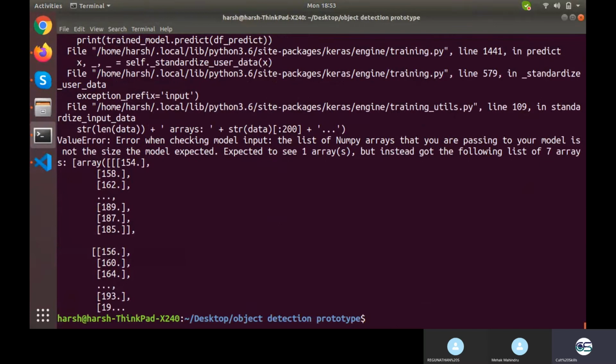Okay, something wrong with the list. Okay, now I guess my model is working. Then on another part there is something wrong going on.